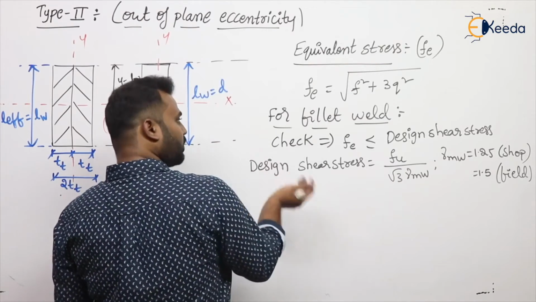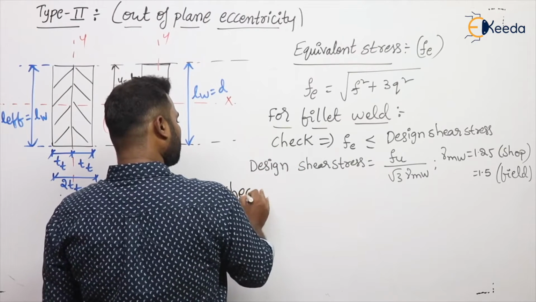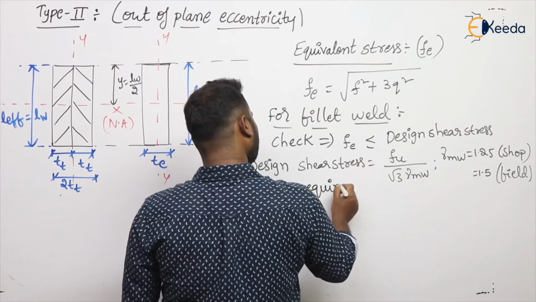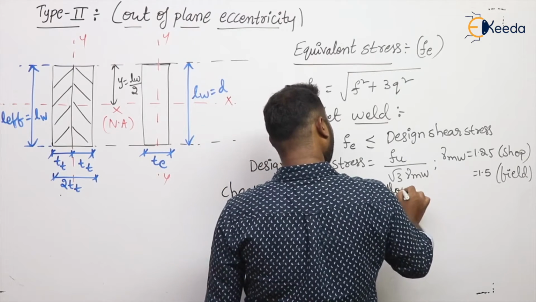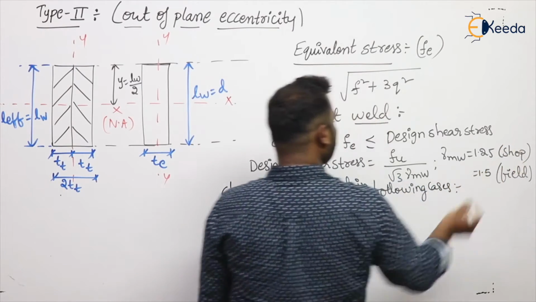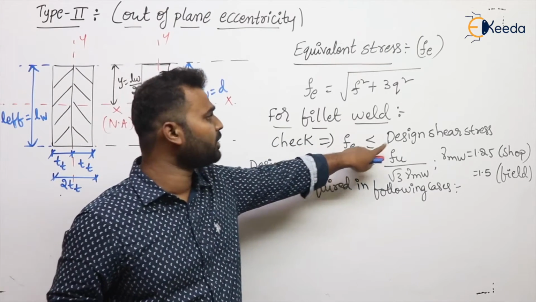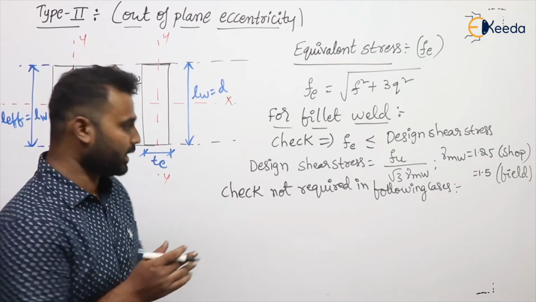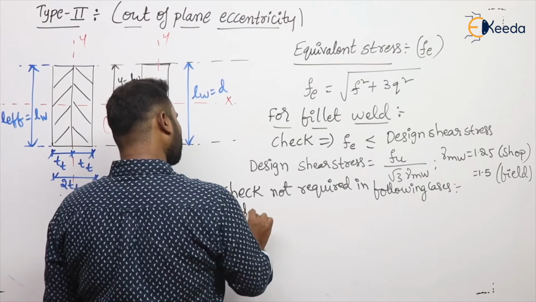Now there exists one more provision related to this check. Here I will write: check not required in the following cases. Whatever the check is, here the check is that equivalent stress should be less than or equal to design shear stress. That check is not required in the following cases. What is the first case? Side fillet weld